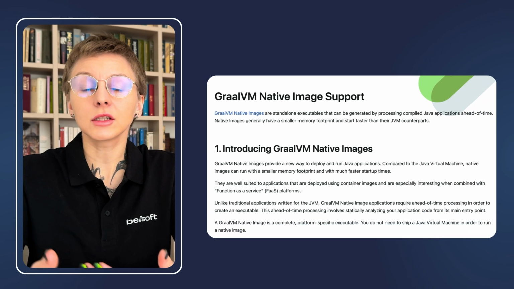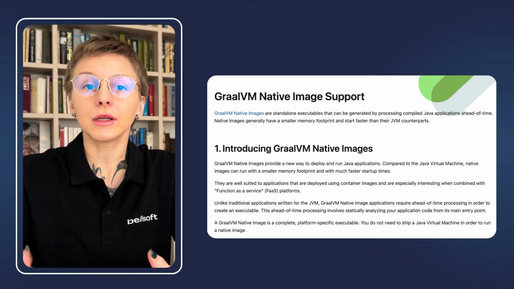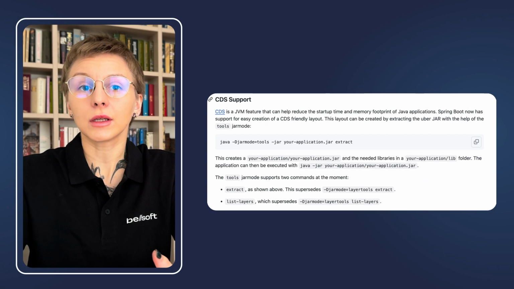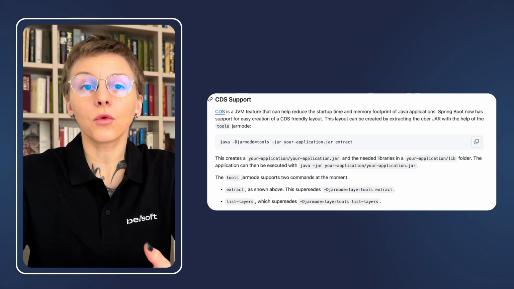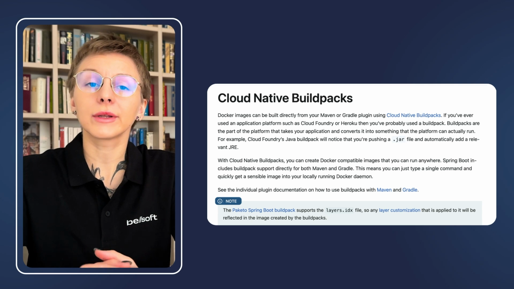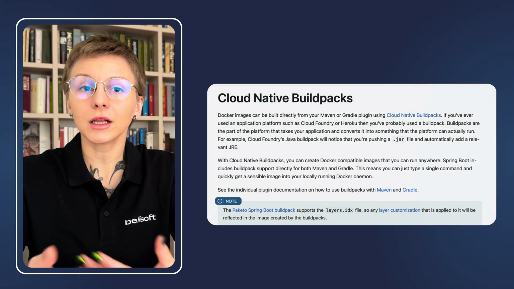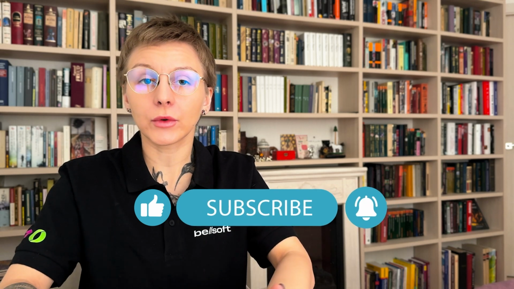Spring Boot also gets numerous improvements and new features with each release. For instance, Spring Boot 3 includes baked-in support for GraalVM native image. Spring Boot 3.3 includes support for AppCDS for faster startup, and Spring Boot 3.4 offers a smaller base image for buildpacks. These are only a few examples of how your favorite framework can help you boost the performance and reduce the memory footprint of your container images. So, updating the JDK and Spring Boot versions is essential to keep up with the performance requirements for modern applications.